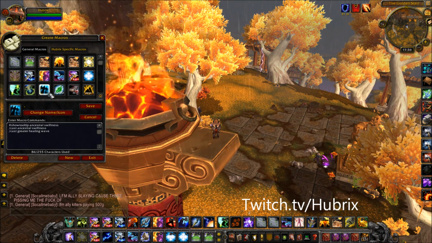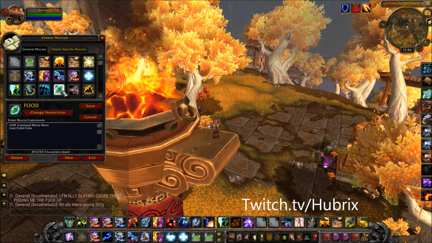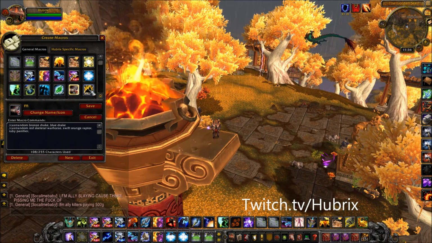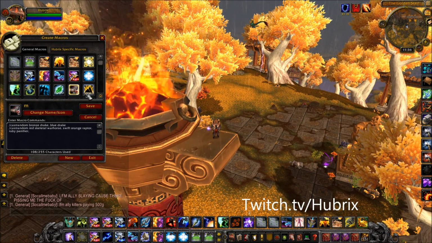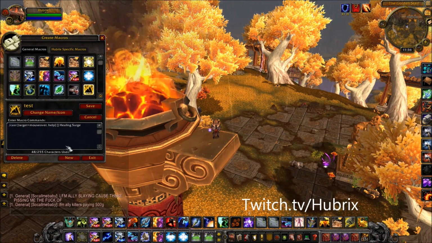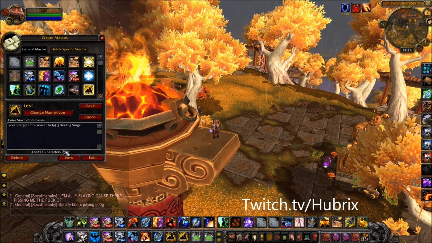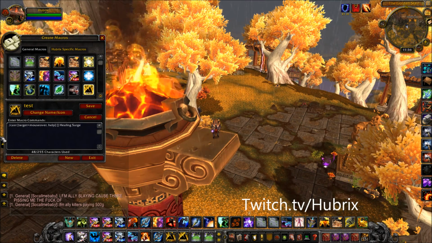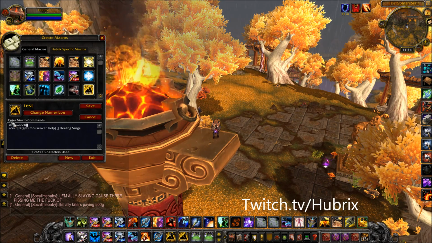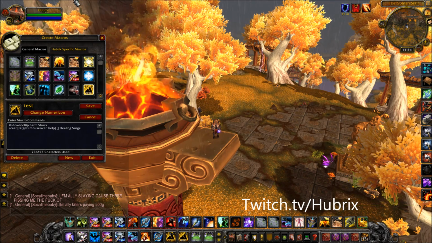This is a Resto macro for Healing Surge or Greater Healing Wave. Food macro, Mount macro, Random Cast. It doesn't work for me though for some reason. I'll have to see that later. And this is my Healing Surge macro. I just have it on Earth Shock because it's here. Helps me know. Actually, I have to show tooltip. Earth Shock. Yeah, so this is the Healing Surge